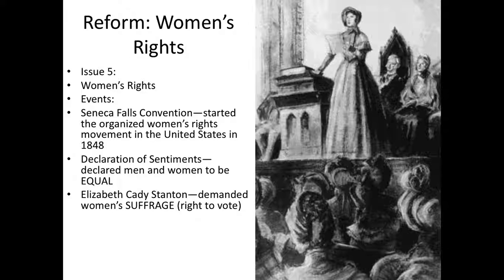Elizabeth Cady Stanton does it more formally with her speech, her declaration known as the Declaration of Sentiments. Now, just remember that suffrage means the right to vote, and Elizabeth Cady Stanton in the Declaration of Sentiments is going to demand, among many rights for women, the right to vote. And that happens at the Seneca Falls Convention of 1848. So everything that's in this slide, you need to know. Make sure you know it.